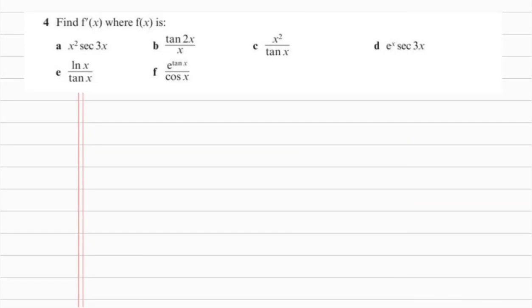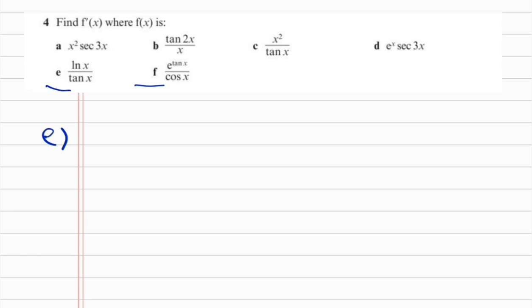Hi everyone, this video is on exercise 9F, questions E and F. So this section of the differentiation chapter is all about differentiating, using different differentiation techniques, and